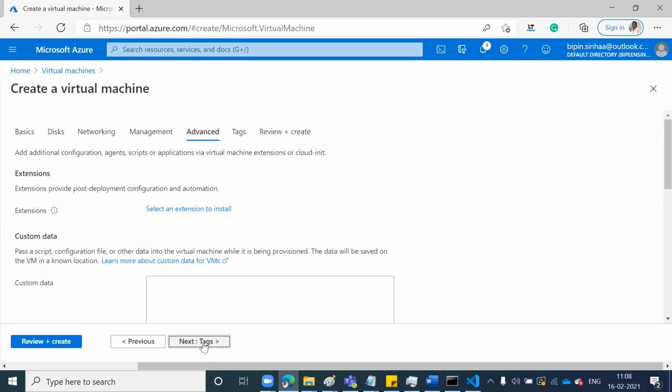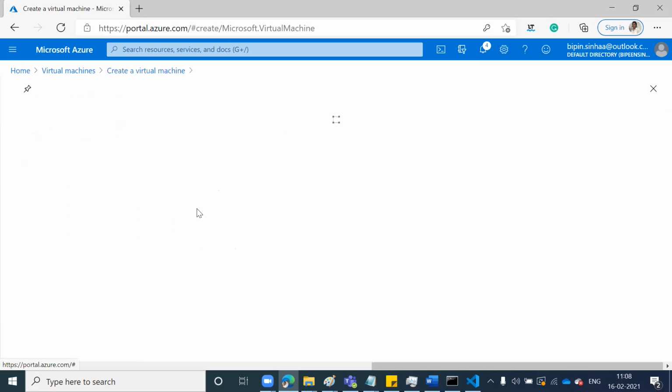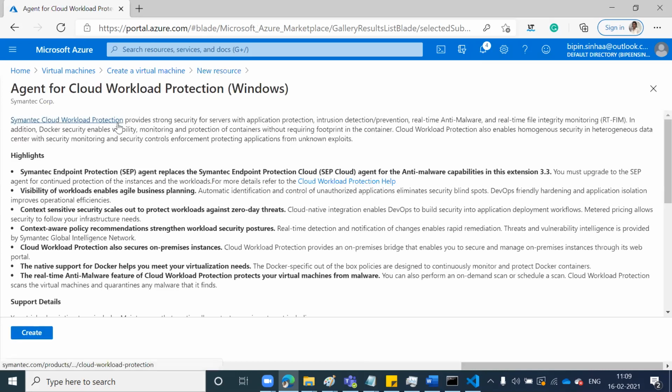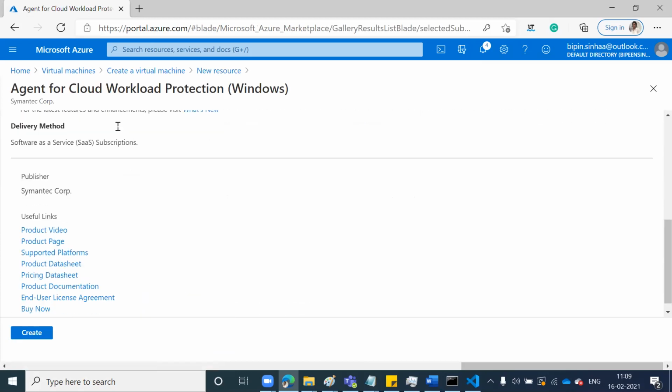Click select an extension to install. Here you can select what type of software you want to install. For example, if you want your machine protected with Symantec antivirus endpoint, just click the first one and it will install. But currently we do not need that because we do not have a Symantec license.